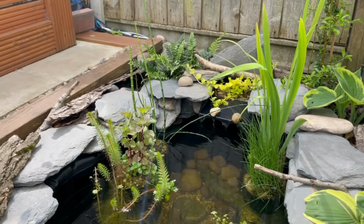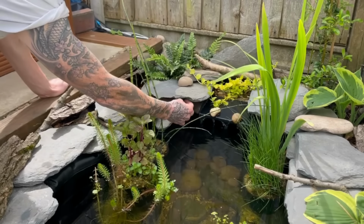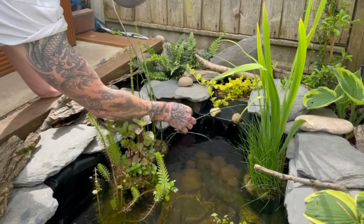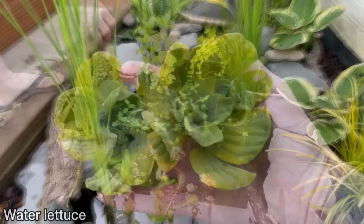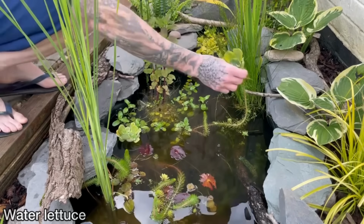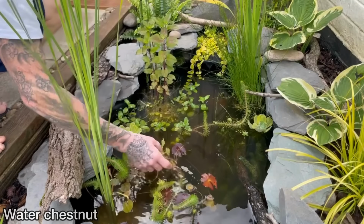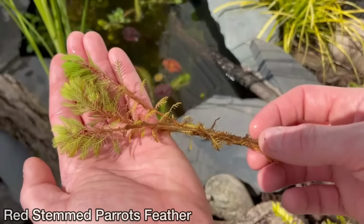So with the wildlife already moving in, I have got a couple of finishing touches I want to do, starting with adding a little bit of moss that I just found in the garden to this little shelf here, because I noticed it seemed to be staying damp, so I thought a small piece of moss should grow nicely in there. I then added some water lettuce, water chestnut, and some red-stemmed parrot's feather,